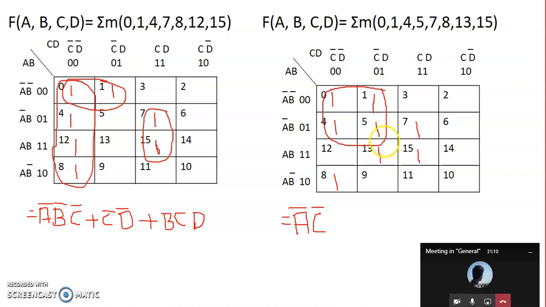Now, if I go with this one, as I already told, a pair, I can make it like this. Since this one is there, I can make it a group of 4. So I'll make all these 4 in one group. When I make all these 4 in one group, what retains common there? B retains common. So B. Here D retains common because C is changing. So D.